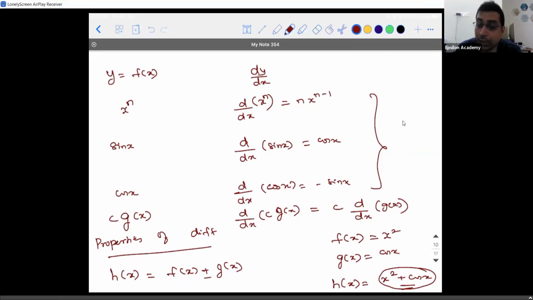Well, how do you know that the derivative of sin x is cos x? A concept of limits. Only then you will understand it. So if at all you forget also, this will help you to derive the formula.